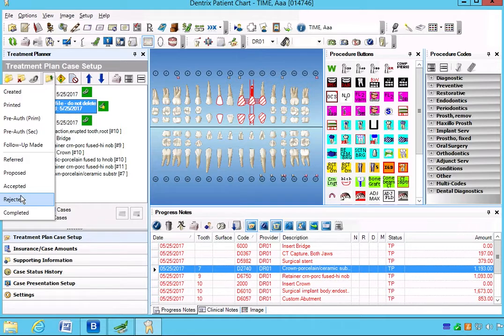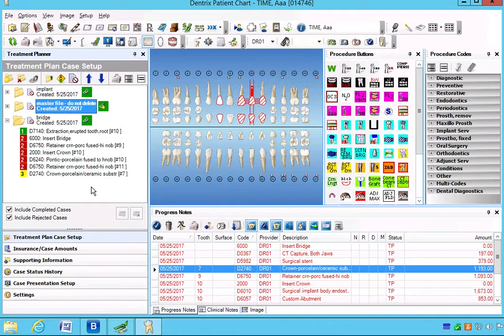Now we don't do that typically from this window because the patient has not discussed with the treatment coordinator the cost or time frame or any details at this point in time. So what we're going to instead do is we're going to set it as recommended. But before I do that, I just want to show that all of the active cases, if you double click,